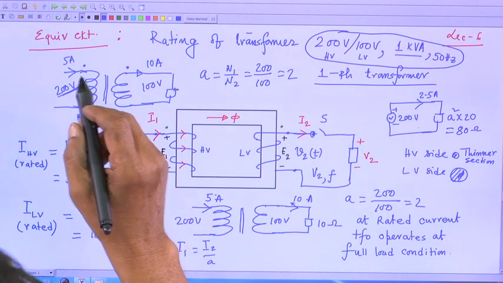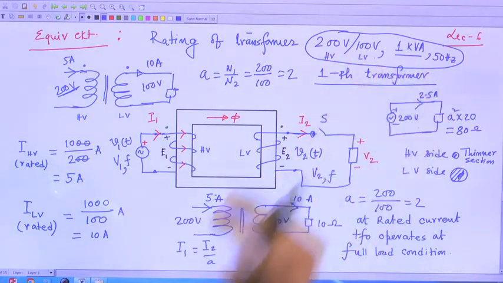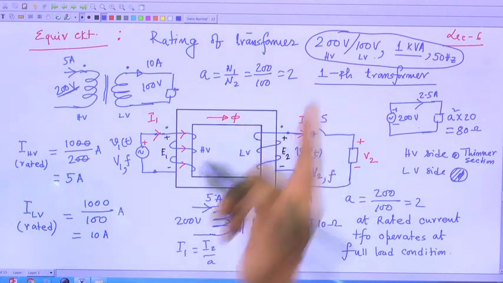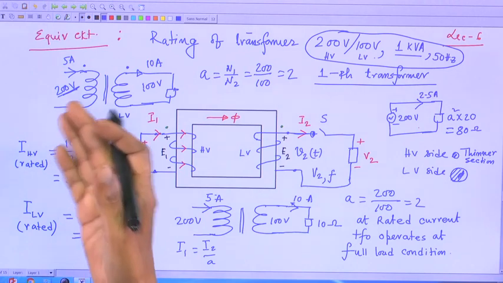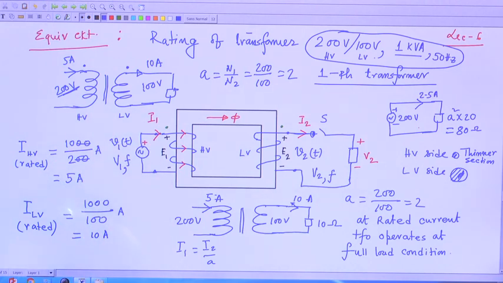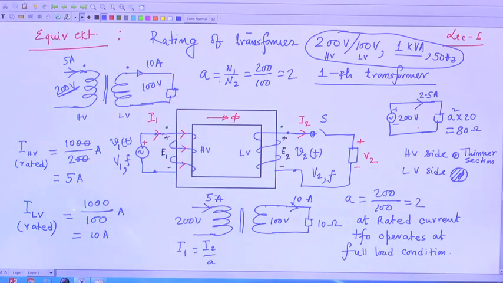And then the current ratings. If I ask you this question, this is the actual rating of the transformer. Suppose on the HV side I have applied 100 volt, how much current will you allow to flow? What will be the KVA rating then? Current you can go up to rated values, no problem. So the transformer will then be derated. We will solve several problems on this. So, this is the thing.